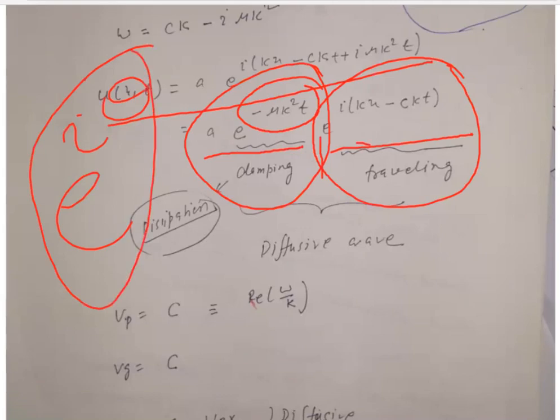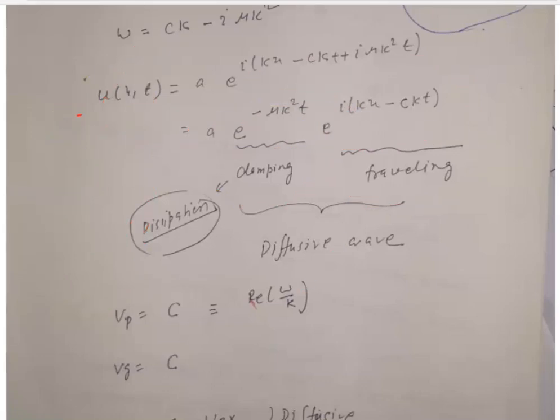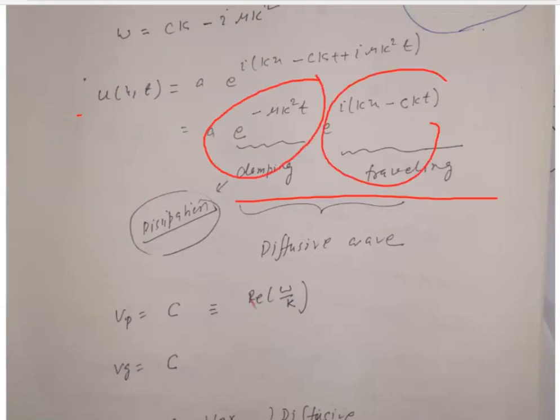and this is the oscillatory, because any e^{iθ} will always be an oscillatory function. Any complex exponential in this domain will be an oscillatory function. So you will get both types. So this is what any wave does: if you start it, it will oscillate and move on, but it will damp out. Okay.